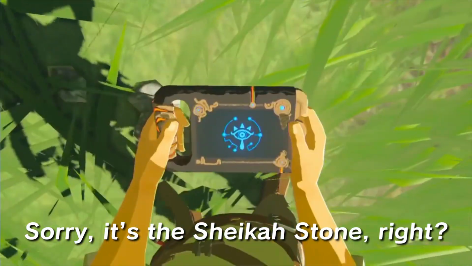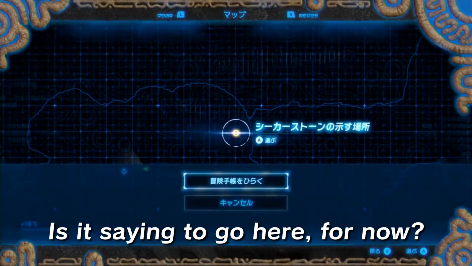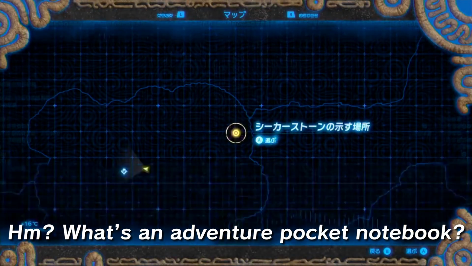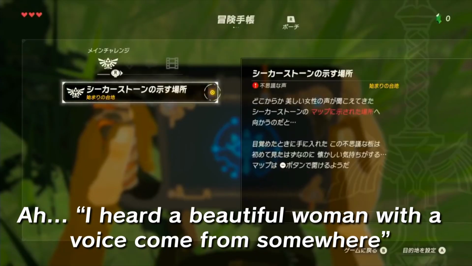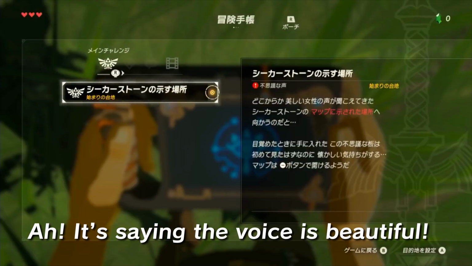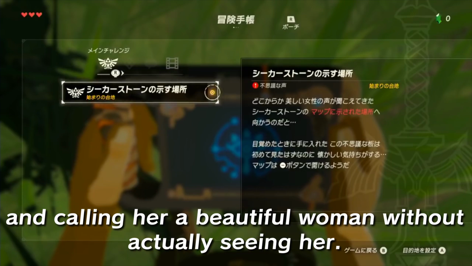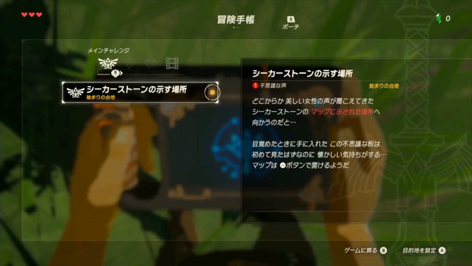はい、すいません。シーカーストーンですね。シーカーパッドですね。今はここに行けってこと？なんすか冒険手帳って。はあ、どこからか美しい女性の声が聞こえてきた。美しいかどうかは知らんけどね。あ、声が美しいってことか。リンクが勝手に顔を想像して美しい女性って言ってるのかと思った。 If you're interested, I've left a link below to the full clip of the Japanese player reading this for